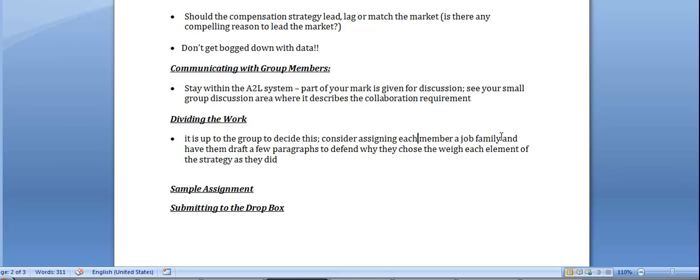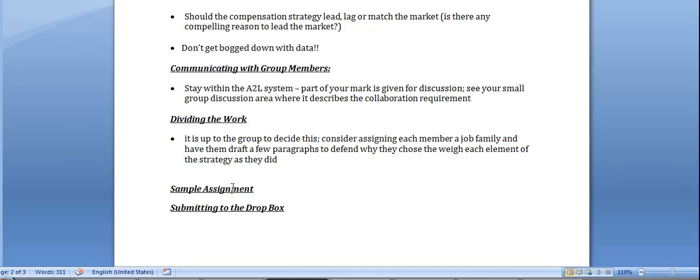Again, I encourage you to share your work so that somebody makes sure that the project hangs together. So you should have somebody proofreading and making sure that when it all goes into one document, it all kind of hangs together and makes sense. Okay? Now,